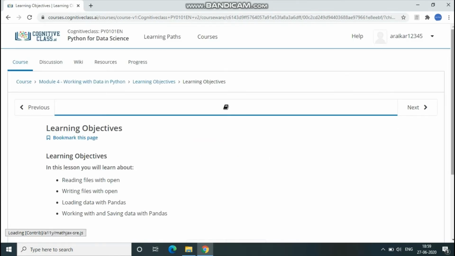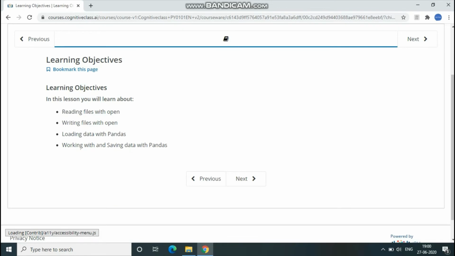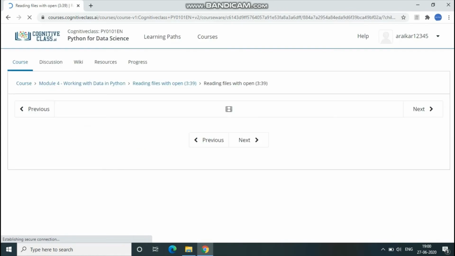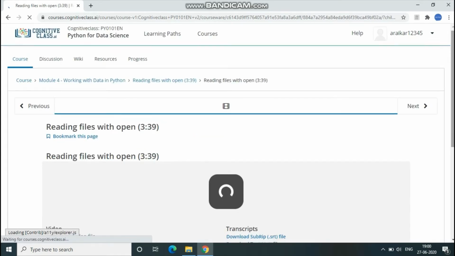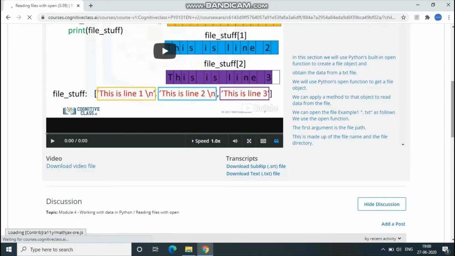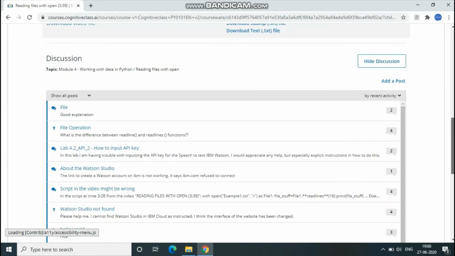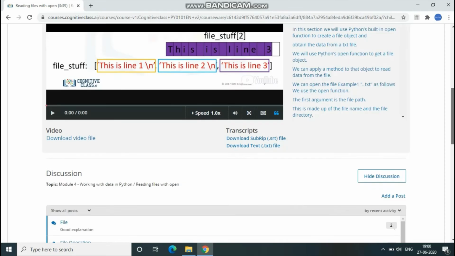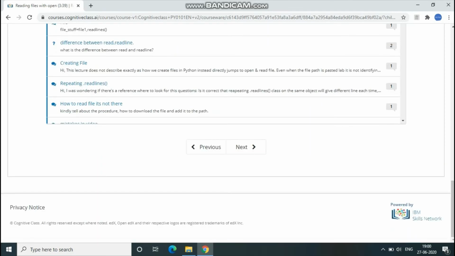I'm just skipping everything. It will be having reading files, writing files, loading data with pandas, course details. In the 14th set of questions, still loading.